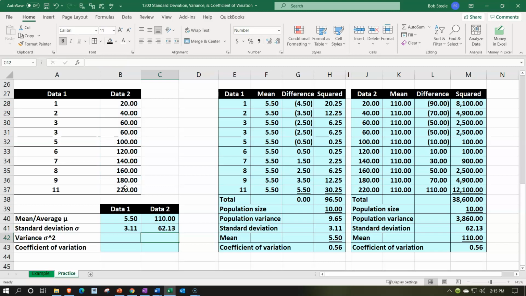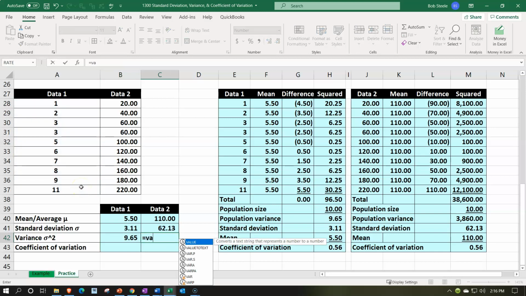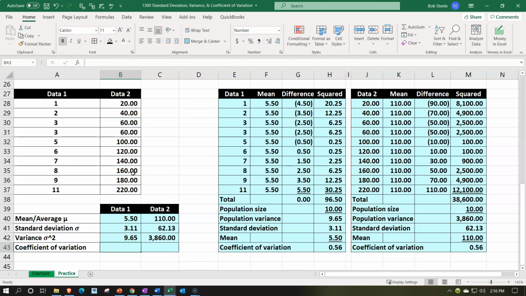All right, and then we have the variance. The variance is going to be equal to VAR. So variance, once again, we have the population versus the sample. I'm going to take the population, being consistent here, picking up the numbers on this one for data set 1. Similar kind of format. And then the variance, P, picking up the numbers for this data set. And so there we have it. We could see these numbers lining up. We got the 5.5, the 3.11,